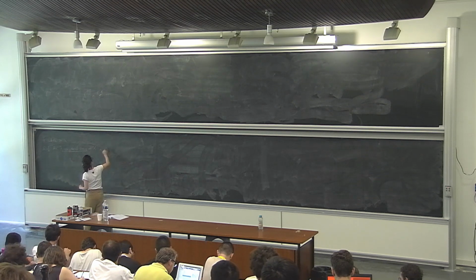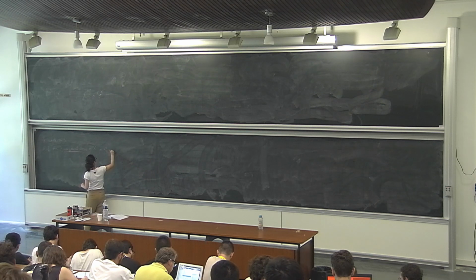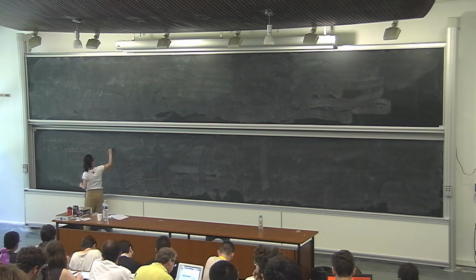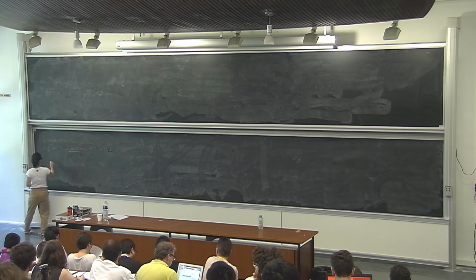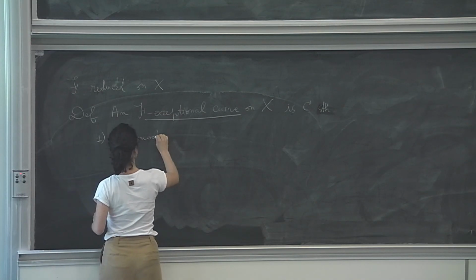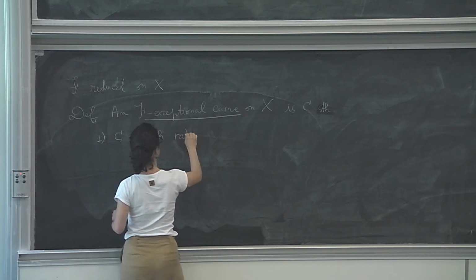It is a curve C verifying these two properties. So it's smooth and rational,